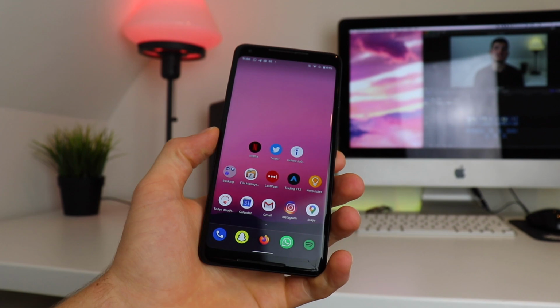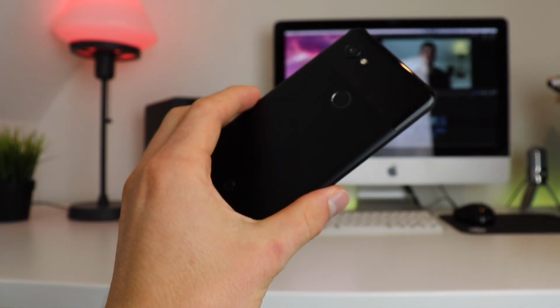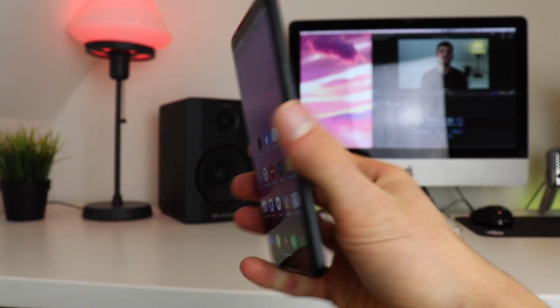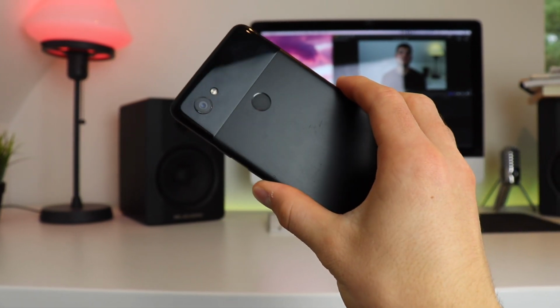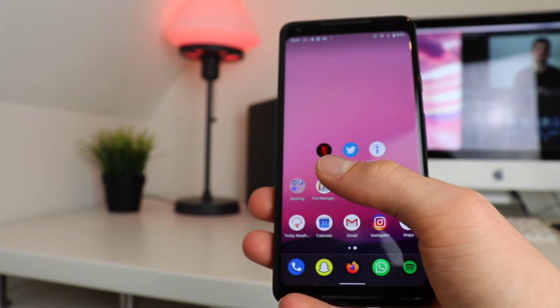Now, I had a few preconceptions when it came to starting to use the iPhone 7. I came from a Pixel 2 XL from Google, which is actually a phone released in 2017, a year later than the 2016 iPhone 7. And so my first thought was, well, you know what, it's probably going to be slower. And I was definitely wrong about that,